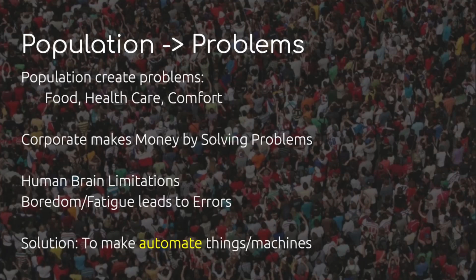In a similar way, we have something called human brain limitations, like humans cannot work more than 20 hours, something like that. There is also a point where they get bored working on the same task. To find a solution for this, there are a lot of boring stuffs, so to solve this problem, we have to automate things. If you automate most of the boring stuffs, it becomes easy for us to handle things. That is the idea of this population to problems.